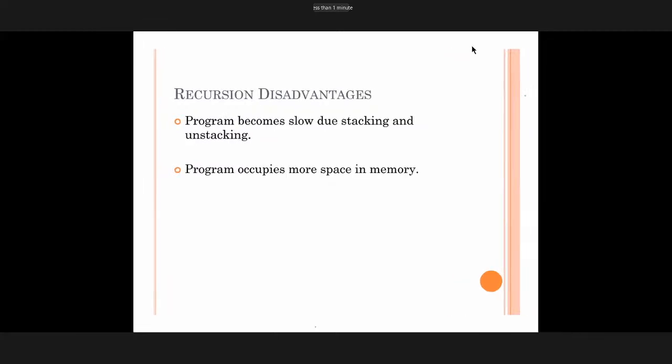Disadvantages: what are the disadvantages of recursive functions? The program becomes slow due to stacking and unstacking. So multiple times you utilize the same body, so the program occupies